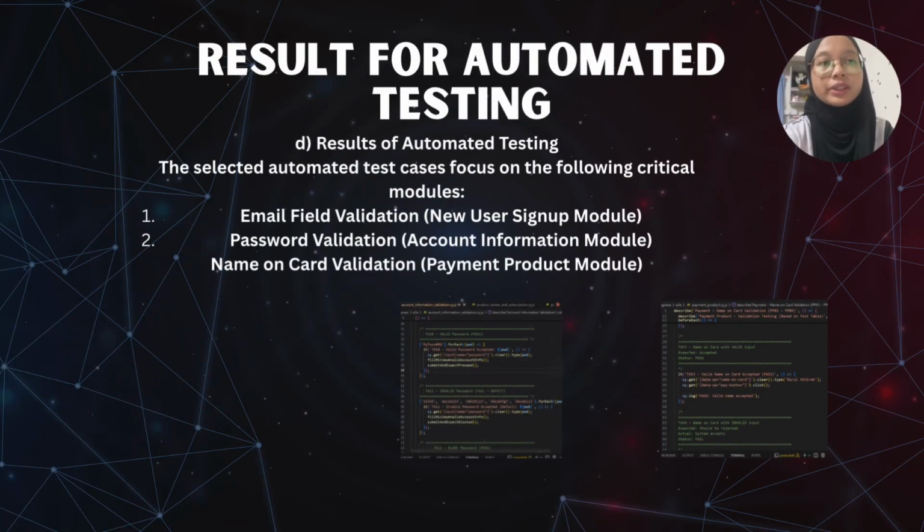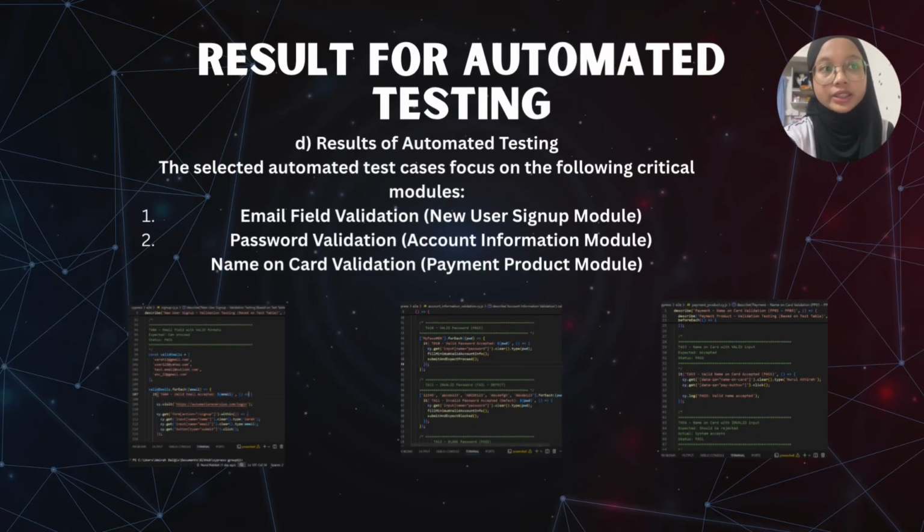For the result of automated testing, the selected automated test cases focus on the following critical modules. We have selected three modules: first, email validation, which is the new user sign up module. Second, password validation, which is the account information module. And third, name on card validation, which is the payment module. These modules were chosen as they directly affect user authentication, account security, and payment processing, which are core functionalities of